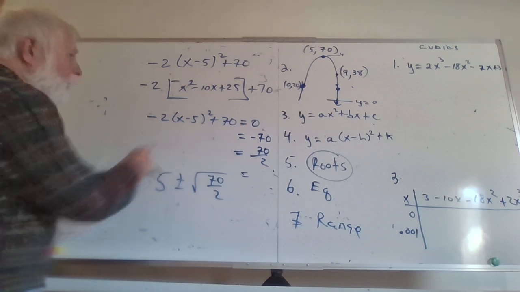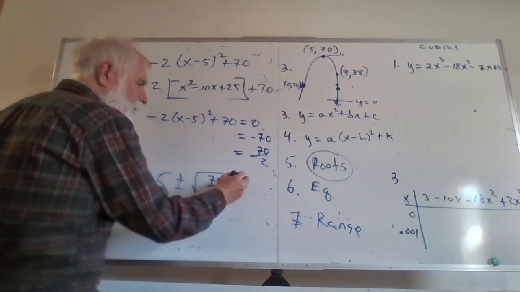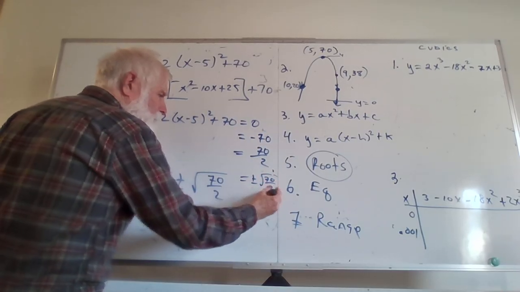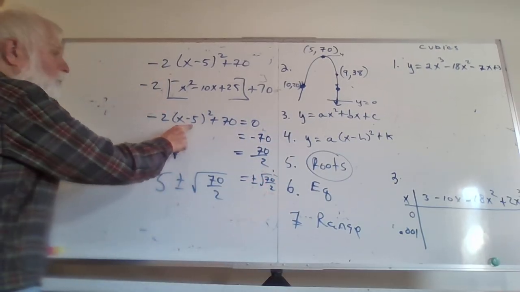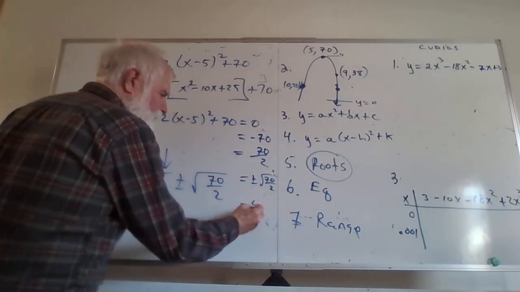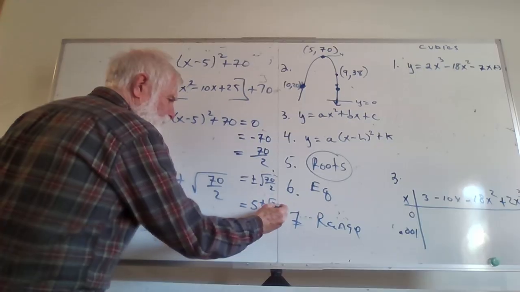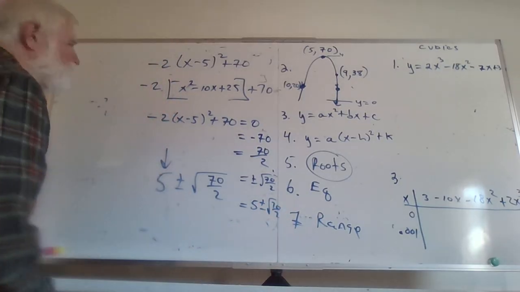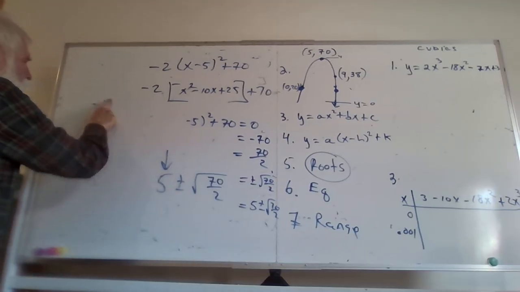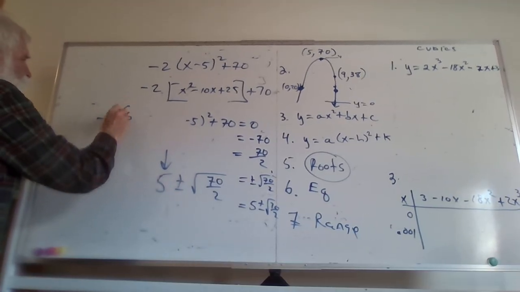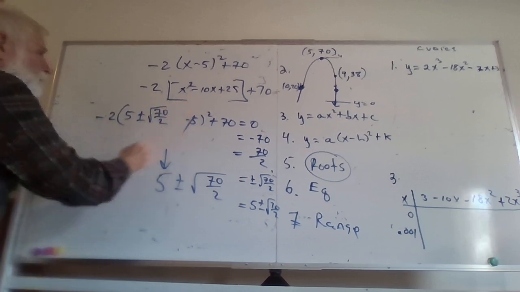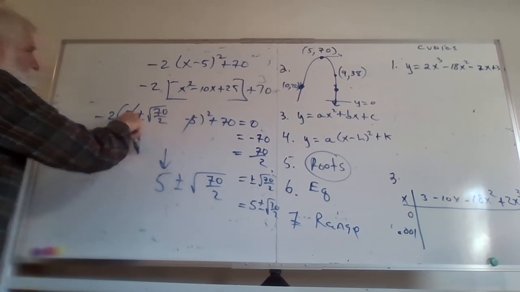All right. And then what do we have? Undoing squaring, which is plus or minus square rooting. And then the last thing we do is move the minus 5 to the other side, and there you have it: 5 plus or minus the square root of 70 over 2. All right, let's replace this with our answer to see how it becomes a 0. Minus 2 times 5 plus or minus the square root of 70 over 2. Oh, inverse. Squaring and plus or minus